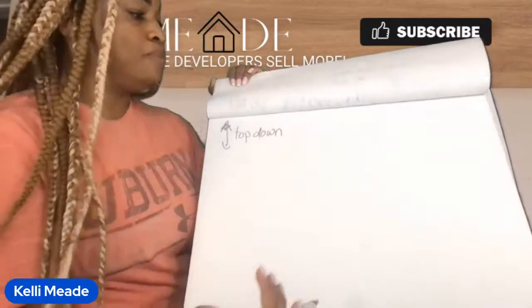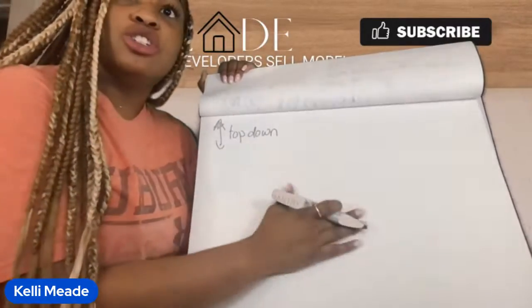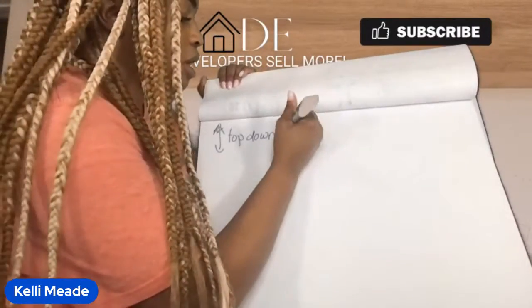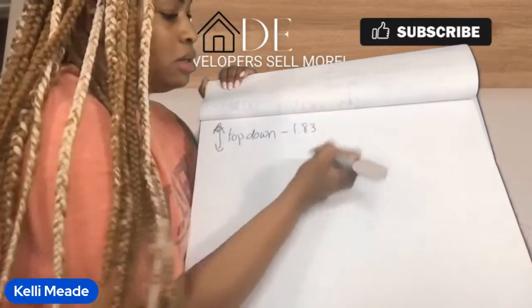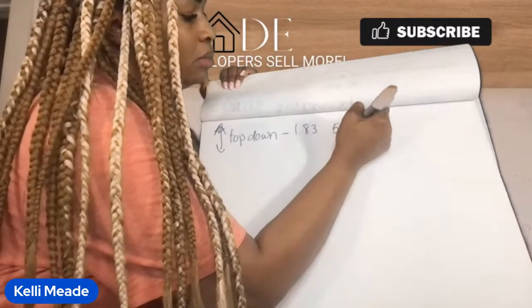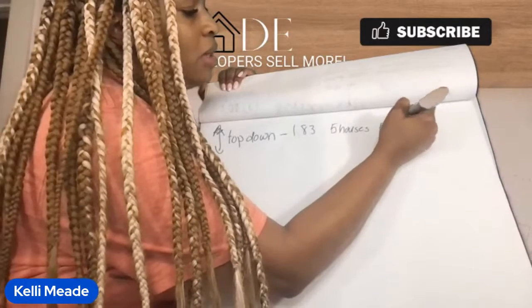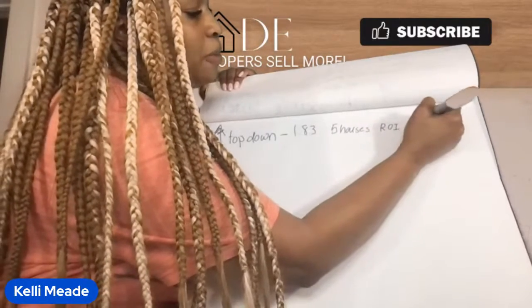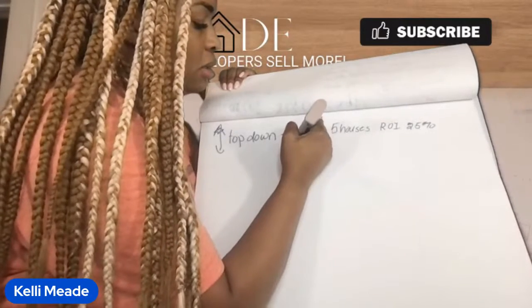You've already gone through your financials and your budget, and you've determined that you need 1.83 acres to build 5 houses with a return on your investment of 25+%,